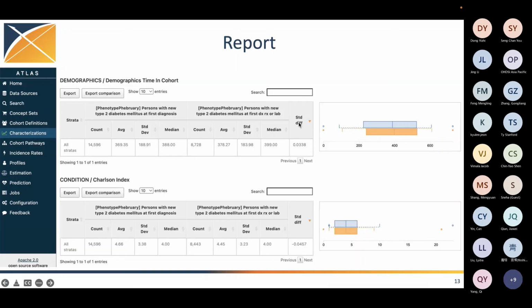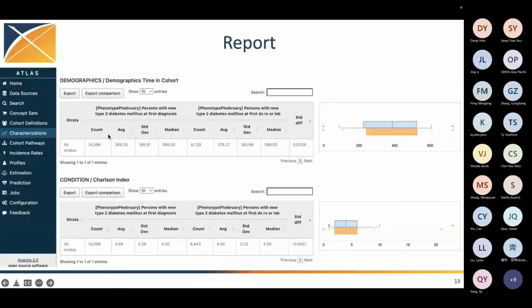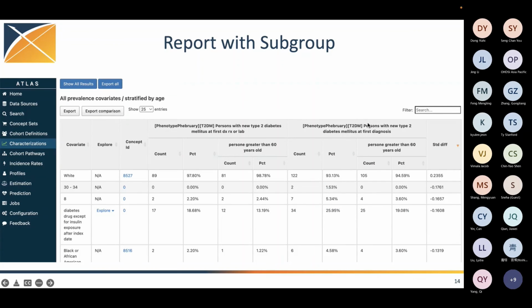If you scroll down, it will show you the statistical result of each feature analysis you imported earlier. If the feature is a categorical feature, it will show you a scatter plot like this. But if it is a continuous feature, it will show you the distribution analysis here. For example, it will show you the count, average value, standard deviation, and median value. On the right, it will render a box plot for visualization. In this example, you can easily tell there is some difference between the first quantile or the median value.